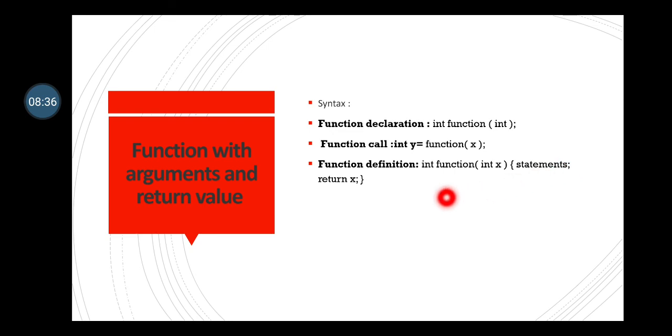and statements, and at the end there should be a return statement as the return type is integer. So we are writing return x. x is the value which will be returned from this function, and when the function is called, we are assigning that returned value into y inside the calling function, which will be, suppose, the main function. So in this manner,